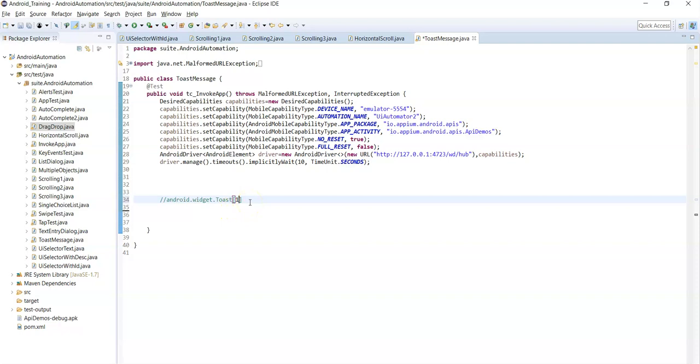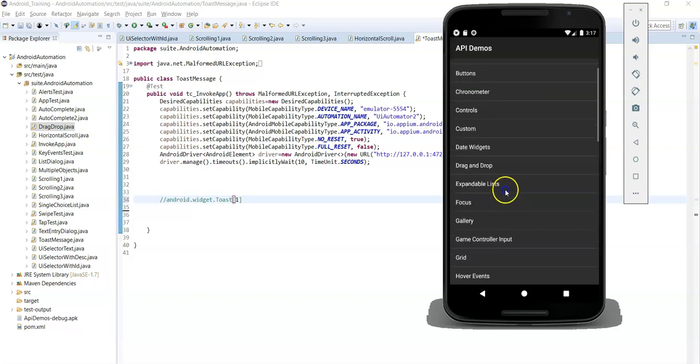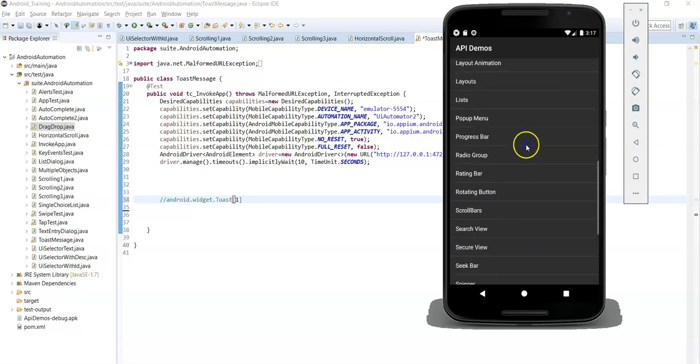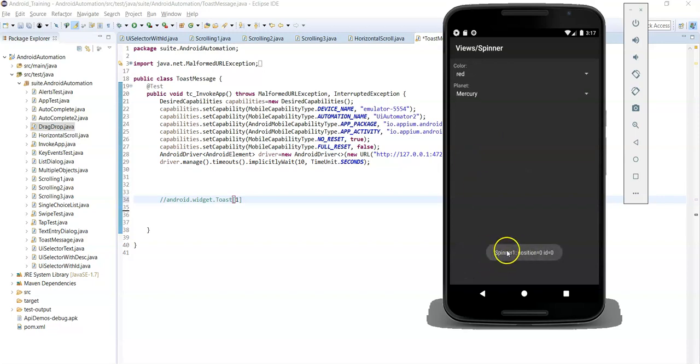Let's take one scenario. Open the app, click or tap on Views, and scroll down to Spinner. Tap on Spinner. Here this is the toast message. So now these are the two spinners.